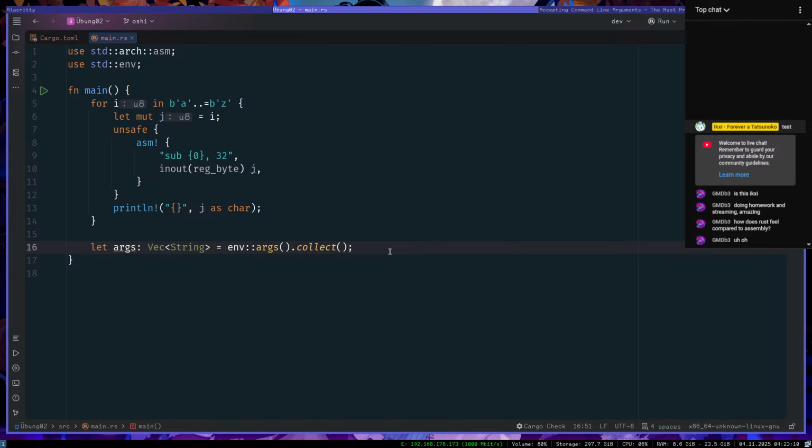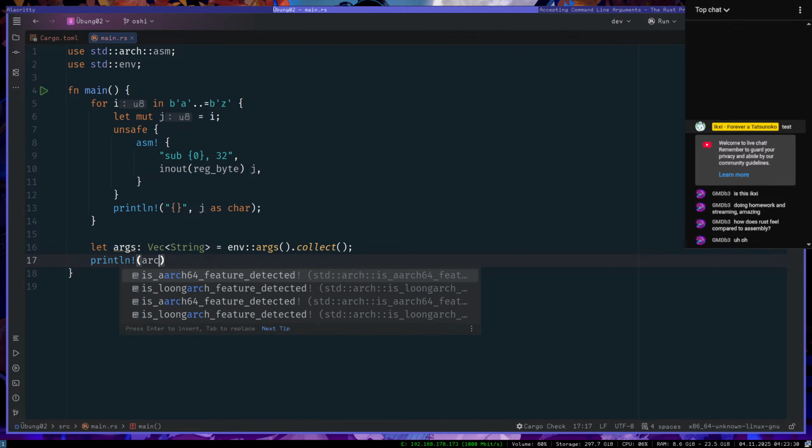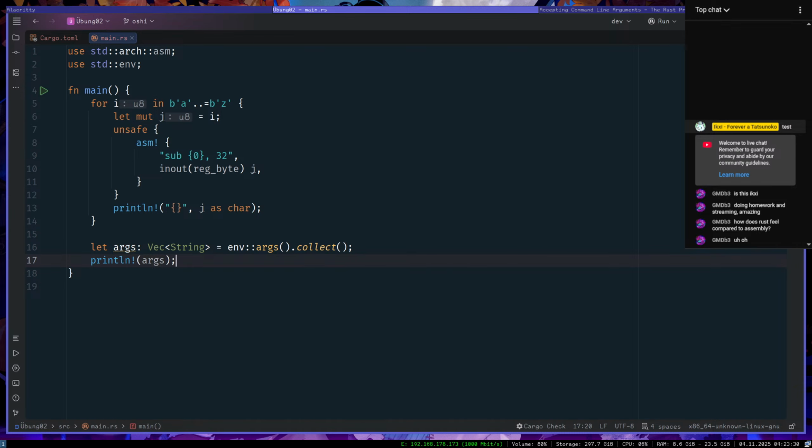Also weird that, well, in C you just have the command line arguments like int argc and char argv. Oh, whatever. So then no, just do a quick print of args.